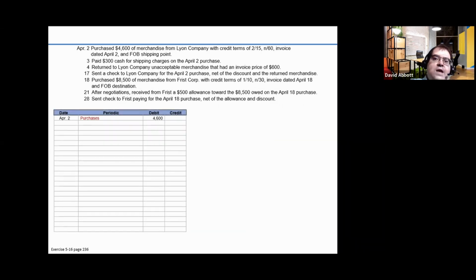So the first thing is on April the 2nd, they purchased $4,600 of merchandise from Lion Company with credit terms of 2/15, n/60. And then again, the invoice was dated on April the 2nd, and it's FOB shipping point. So we had purchases in the amount of 4,600. So we have a debit, and then we have to credit accounts payable, Lion